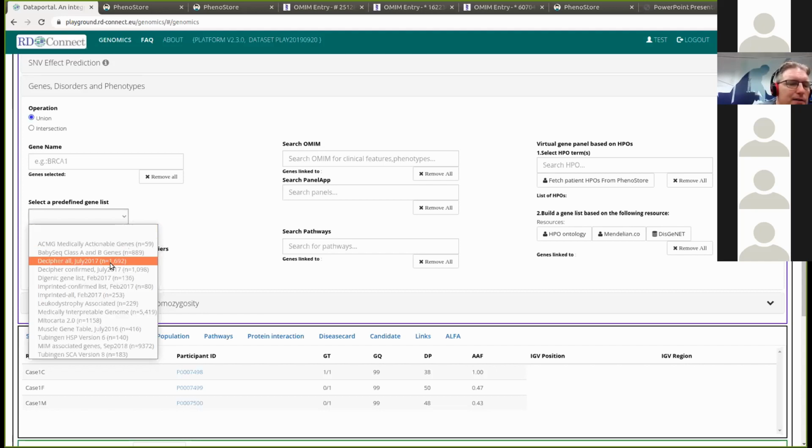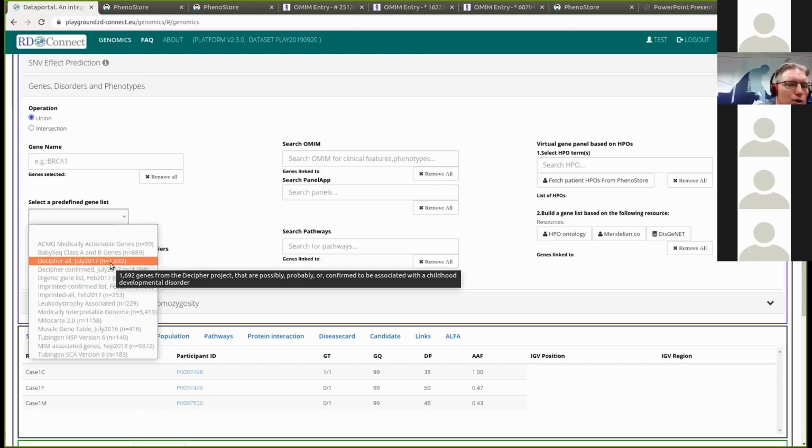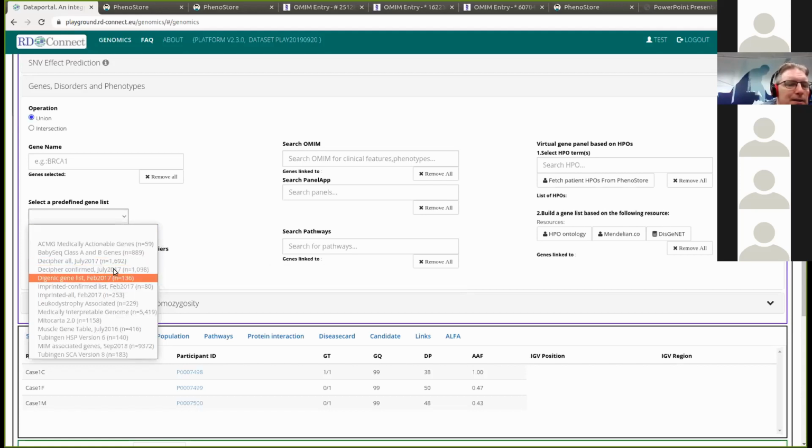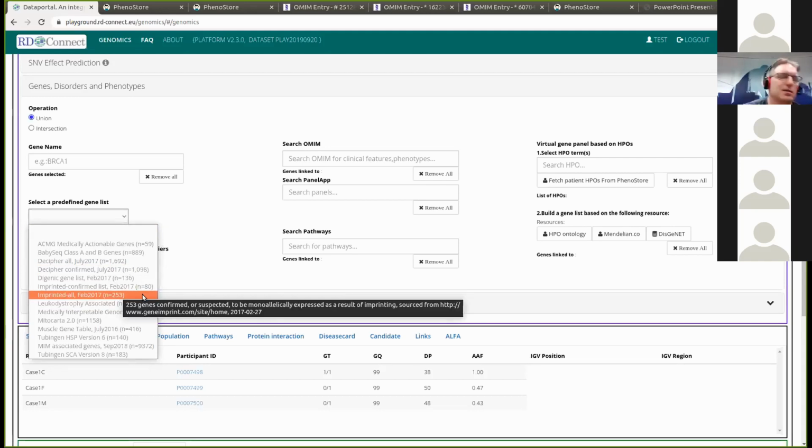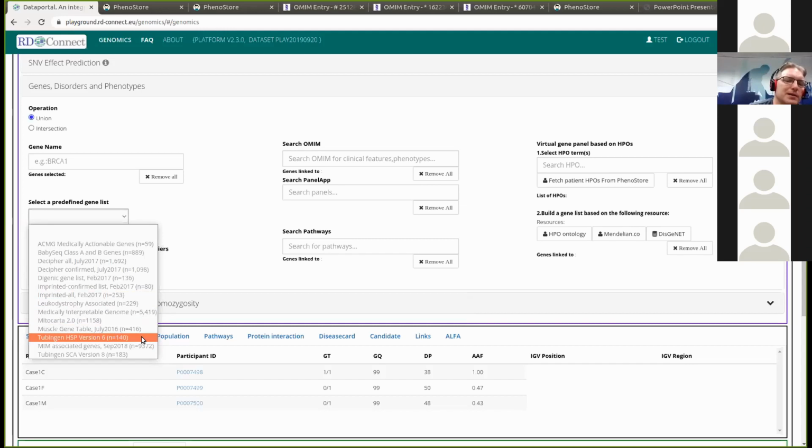For example, we have the Decipher gene list, all genes that are used by Decipher, which was 1,692 back in July 2017 when this was made. We have a number of genes that are known to be imprinted. So this is 253. If you're studying diseases that you know are likely to be imprinted, you could filter to these. In this case, because we have a neuromuscular